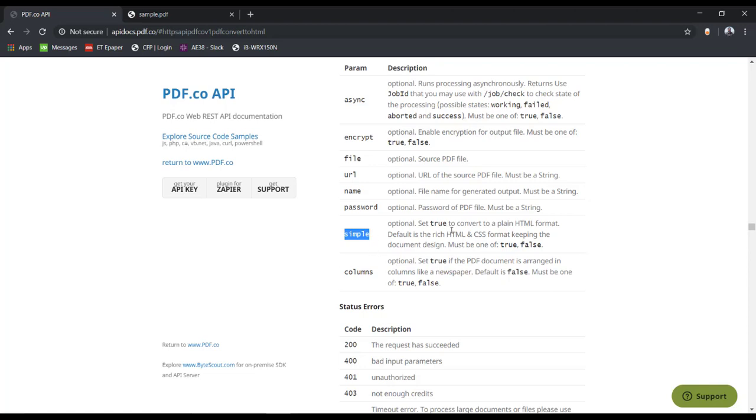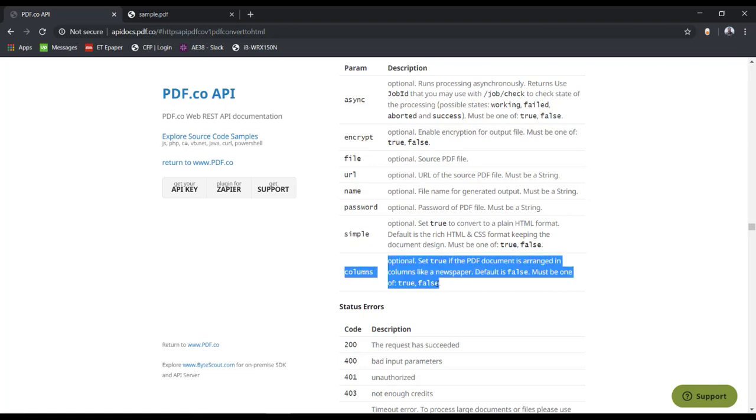But by default, it is false, and which will give us the rich HTML with the CSS formatting. If our PDF file is having the columns formatted, like the newspaper, it is having the columns, then we should enable this parameter.